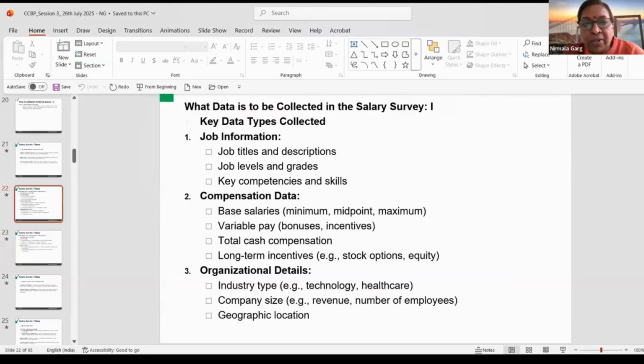So, just listing out the kind of data we look at in a salary survey. We look at titles, we look at compensation data in terms of base salary, variable pay, total cash compensation, long term incentives, then all the organization details like industry, company size. Why is company size relevant here? Why is it critical? It could be that if the company is actually a startup or something like that, then you have to